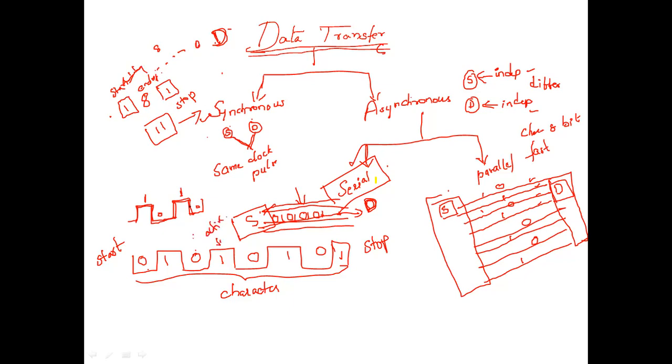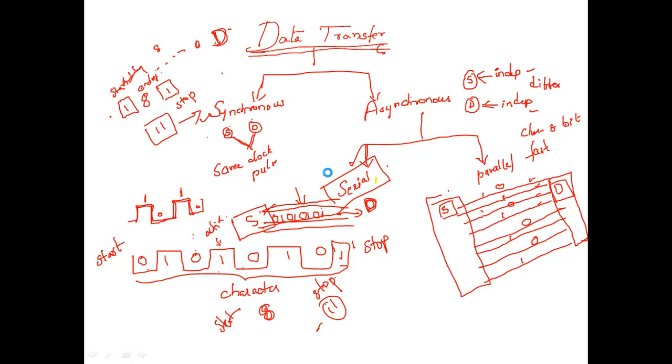Fine. So when we are going to send any character, the character consists of 8 bits. Along with these 8 bits, we are going to add the start bit and also the stop bit. Totally 11 bits we are going to transfer. Why? What is the need of a start bit and the stop bit? In order to have a clear idea that the data has started transmission and the data has ended, we are going to make use of the start bit and the stop bit.